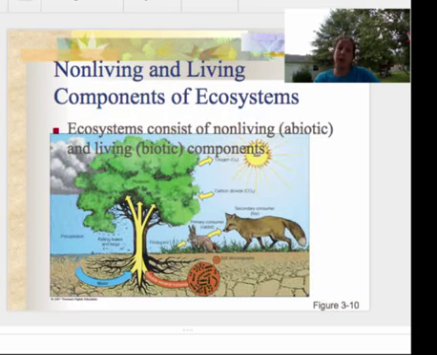Remember, you have biotic, which is going to be your living components, such as microorganisms, you, me, those living components, bacteria, any type of organisms, even plants. And then you have your non-living, and that's going to be your abiotic. And those are more of your weather, rock, soil, water. They may have living components in them, but they are abiotic.